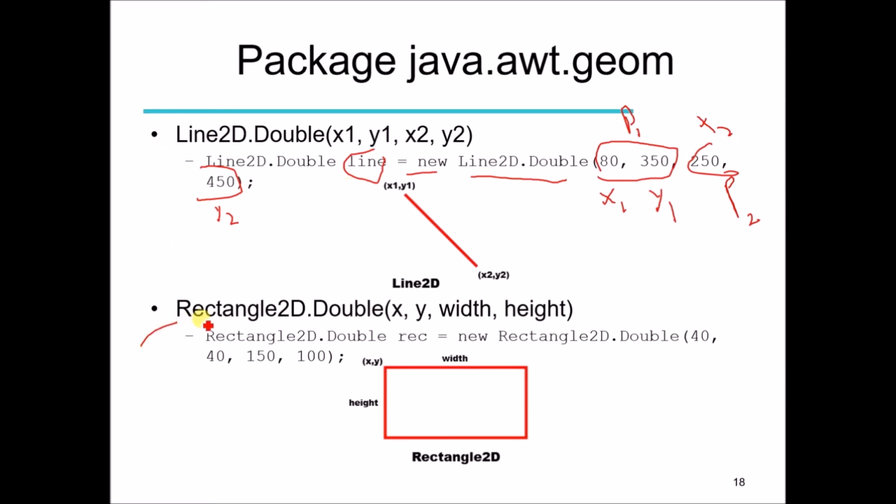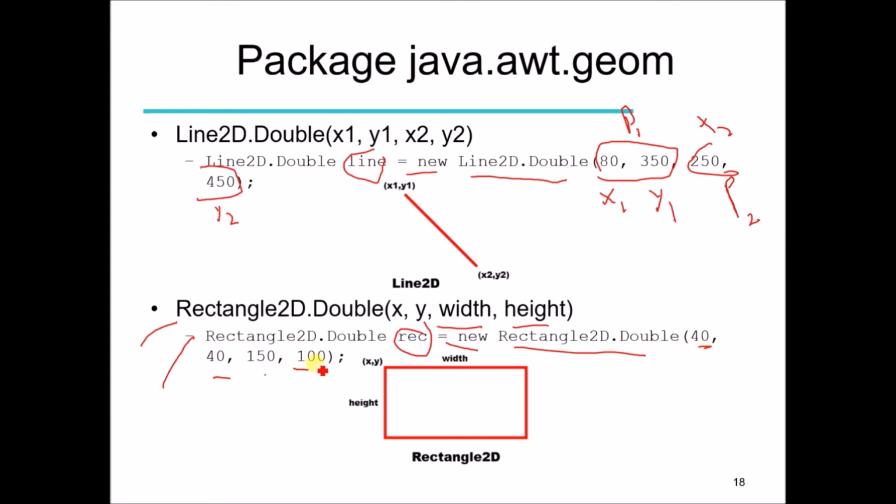Similarly, we can create the object of the class Rectangle2D.Double, and the parameters are similar to the parameters we have passed to the method drawRect, that is the top left corner of the rectangle with respect to the Java coordinate system, in which the origin of the screen or the frame is at the top left corner, and then the width and height of the rectangle. But this time these parameters are used to construct the rectangle object. So let's see the example. We write the class name Rectangle2D.Double, the object name, we can use any name for this object, equal, the new operator, again the class name and the four parameters x, y, width and height.